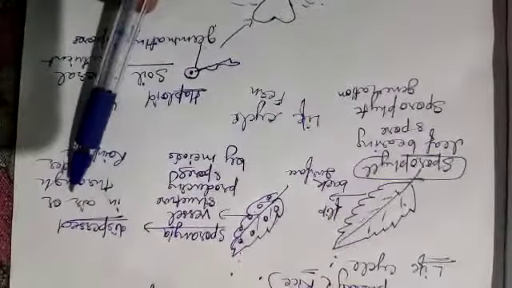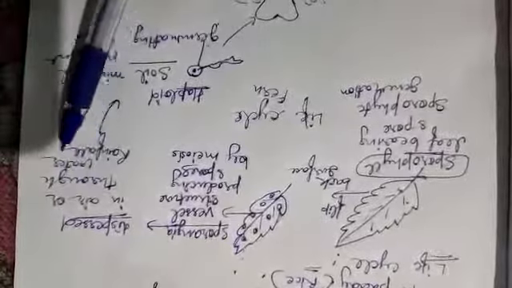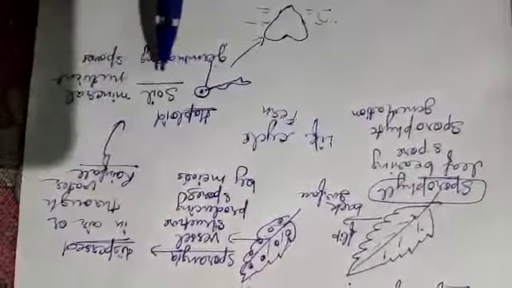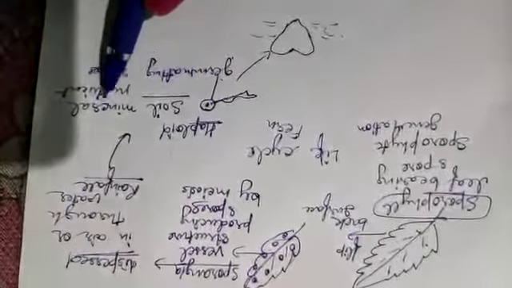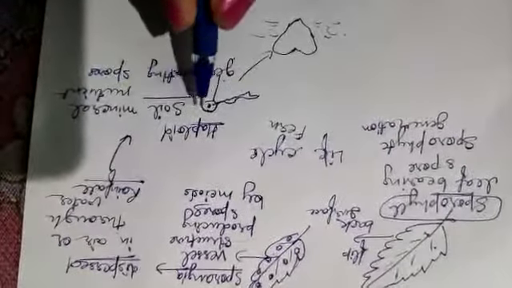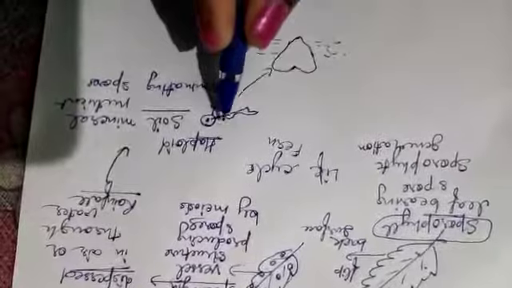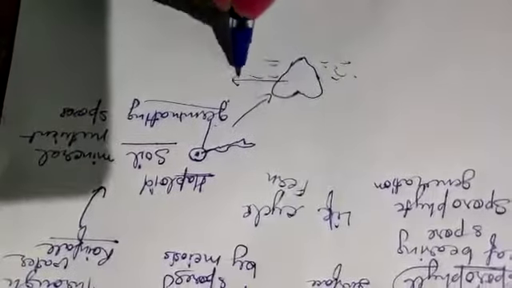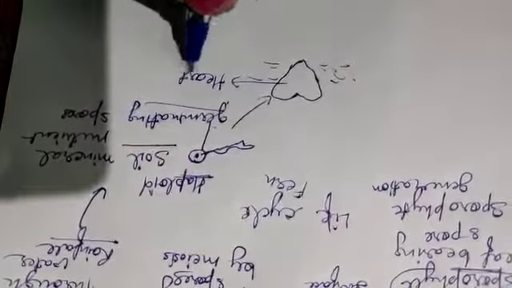The spore is spread through air or through water, and when the spore falls with the water on the soil, absorption of the mineral nutrients occurs along with the water. Then the spores start to germinate, and when the germinating spore divides continuously, it forms a heart-shaped green structure called prothallus.